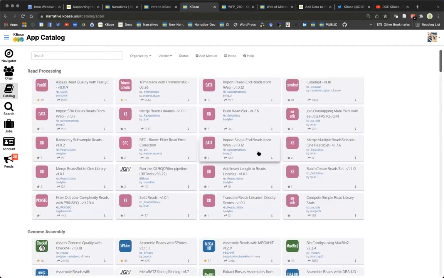Catalog, this just shows a full list of our apps. If you want to see exactly, and we have quite a few apps on the system these days, I think something like 300. You can see a lot of information about each of these apps. For instance, you can see how many times it's been run in a narrative. If I click this button here,